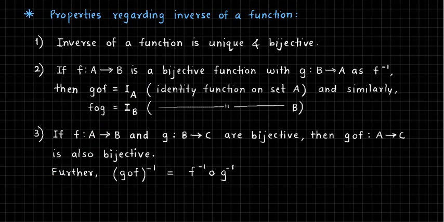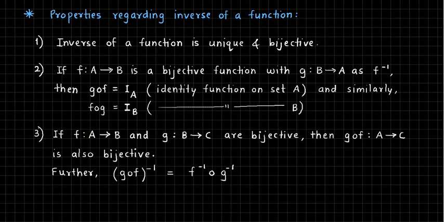The third property says that if f defined from set A to B and g defined from set B to C are both bijective functions, then their composite function g of f, which is defined from set A to C, is also a bijective function, right? And further, the inverse of g of f is equal to f inverse of g inverse. So you see here the order was g f on the original left hand side, but while taking the inverses the order changes, that is, f inverse comes first and then g inverse while writing the right hand side. Okay,